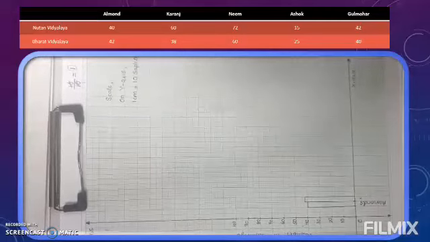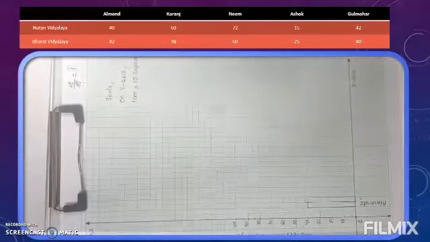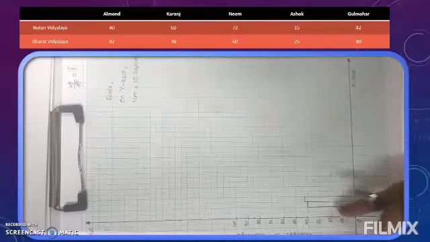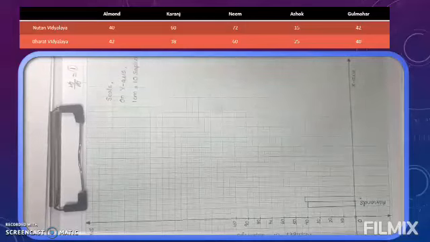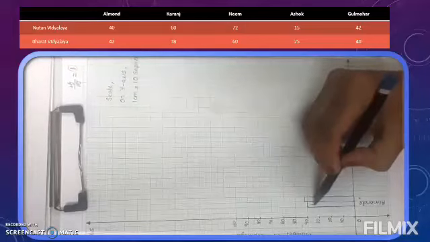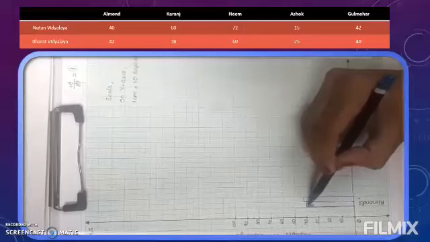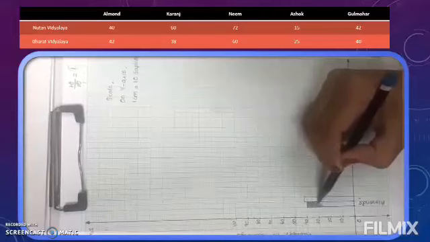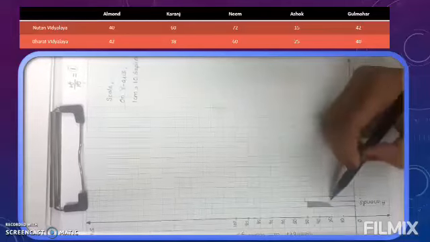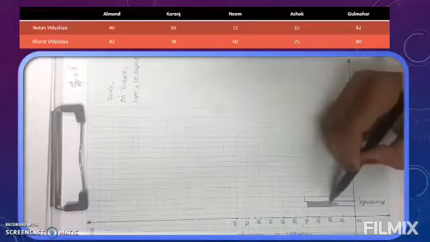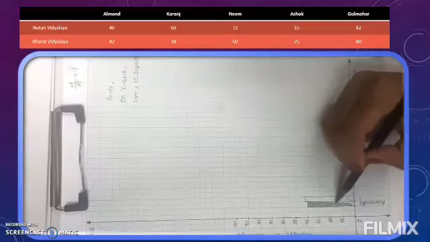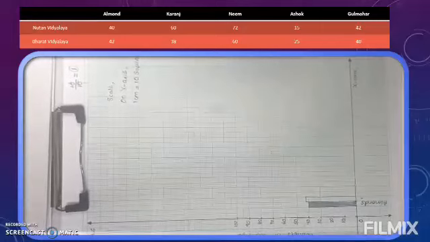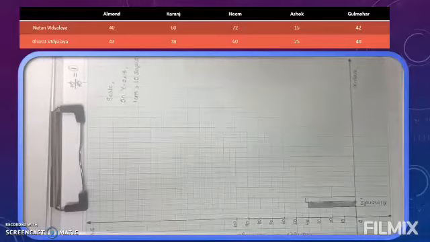So this will be clearly visible to you. Now as both the bars look similar, for identification we will shade one bar and keep one bar blank. Suppose I am shading this first bar with pencil. See to it that your shading does not come out of the lines. So shade it very properly. It's up to you: if you want to do shading work, do shading work; if you want to draw lines in between, draw lines. But see to it that your work looks neat and clean.